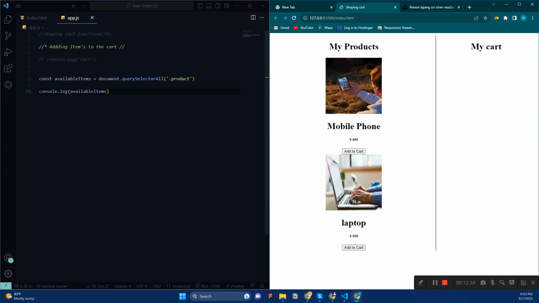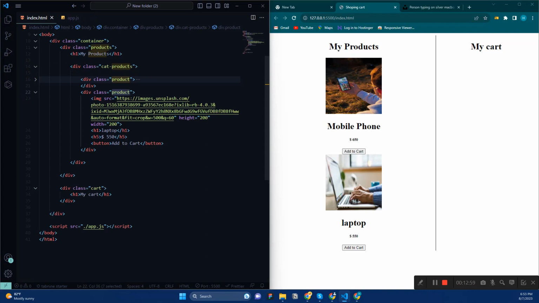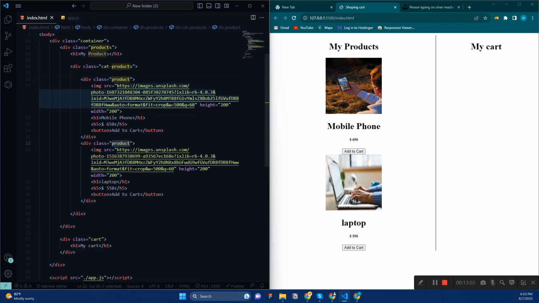So now what we're going to do is, we are getting whatever item is available. What I want is to add an event listener to this add to cart button functionality. I just want to add the add to cart button functionality. For that, we can do one thing. First, just give a